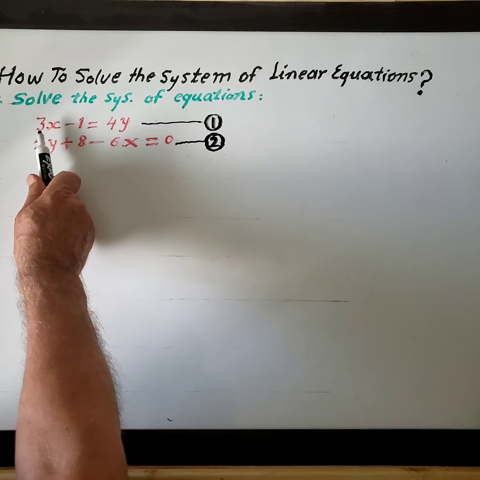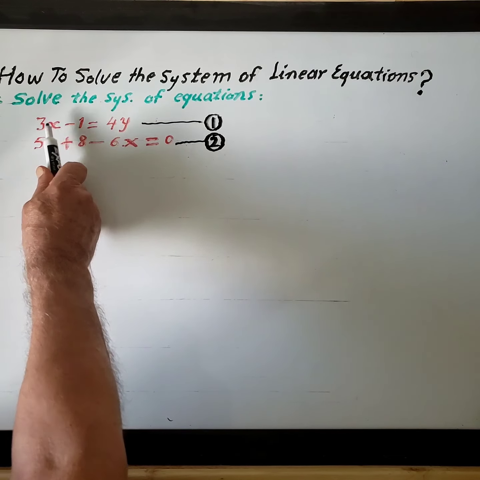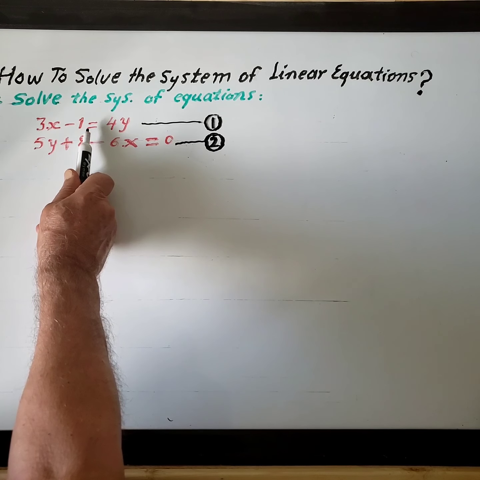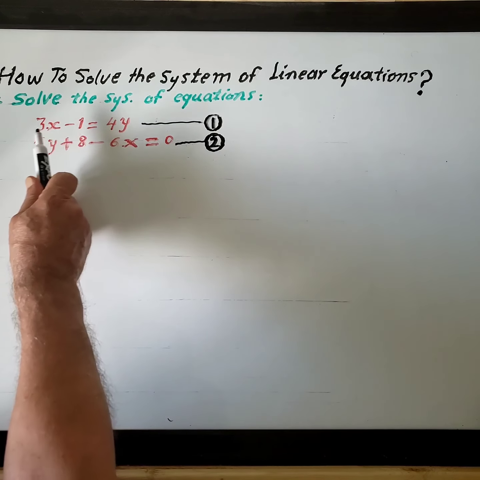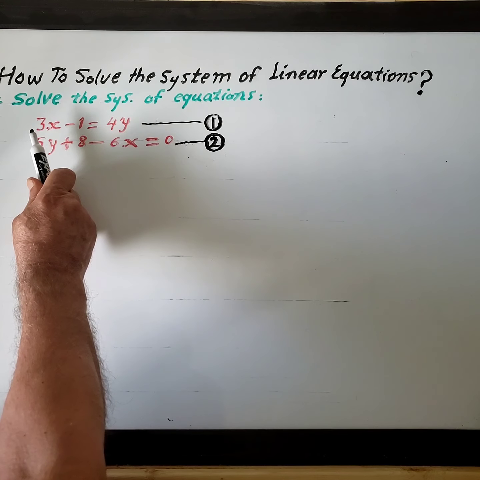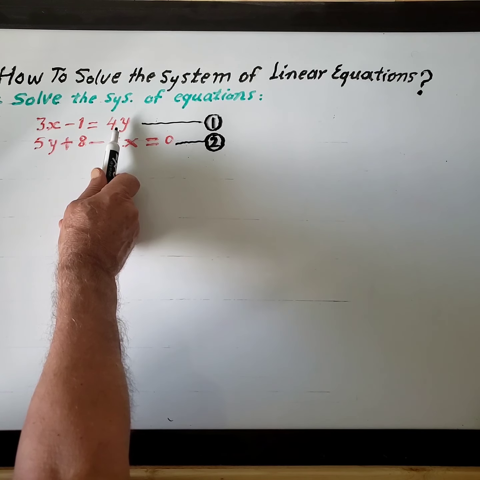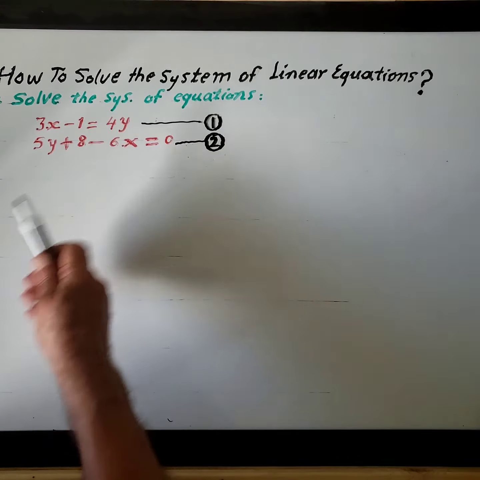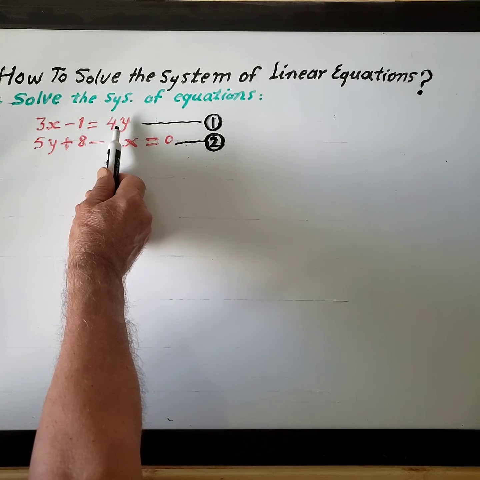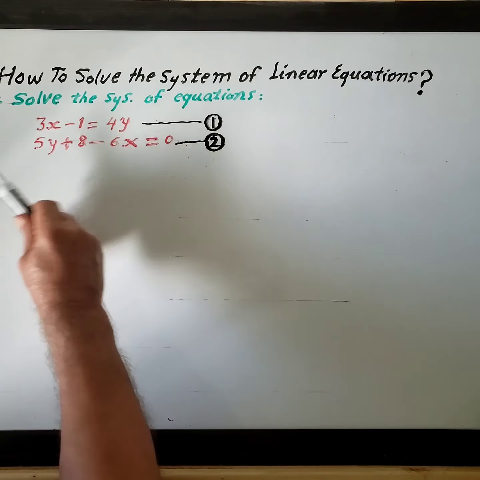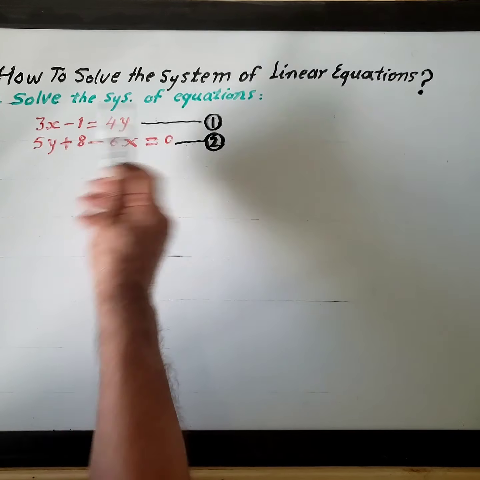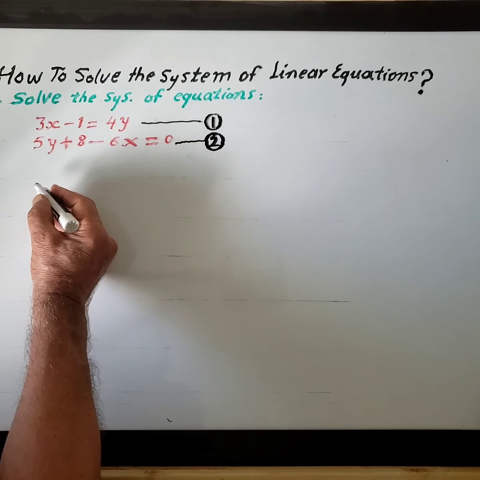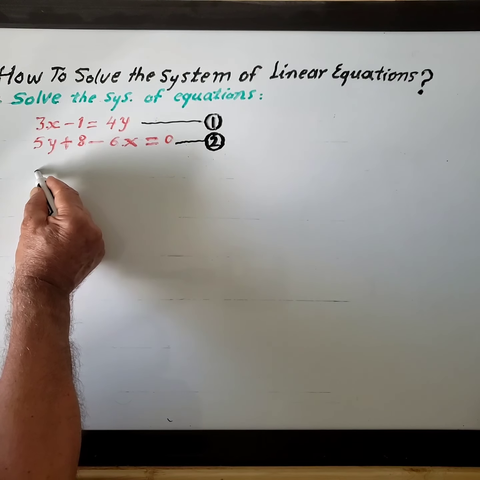The first equation you see here, x and y are not on the same side of equal. So we need to put them in the same side by moving 4y or moving x, 3x together to be on the same side. I will start with trying to move 4y here and the constant number to the other side. So from equation, I said it number 1, we can see 3x